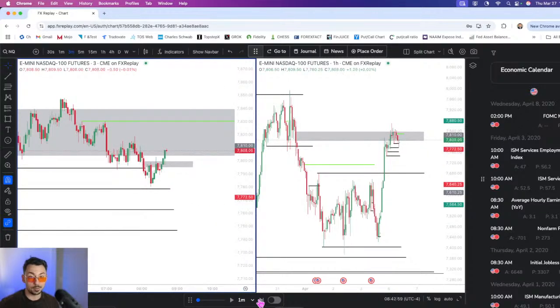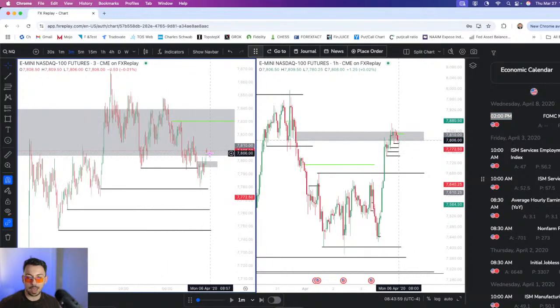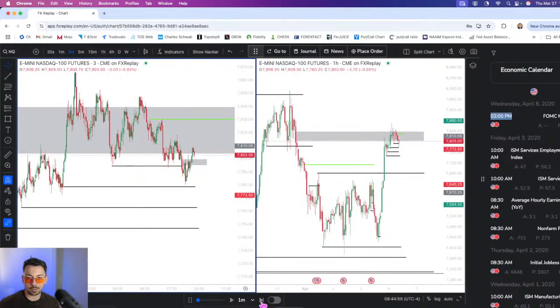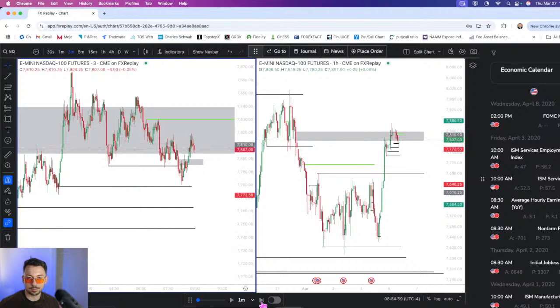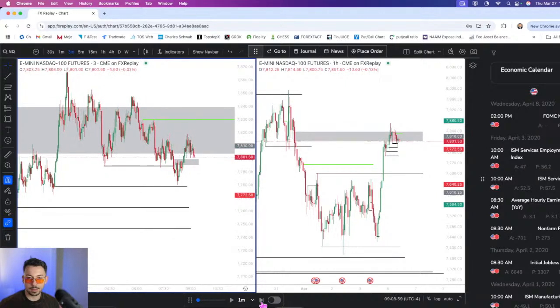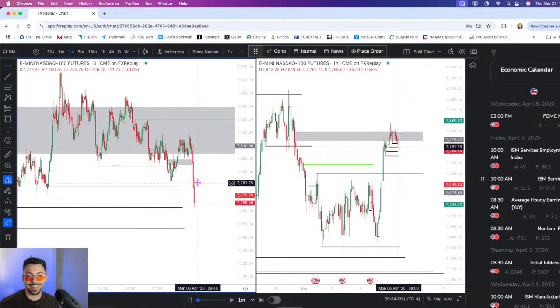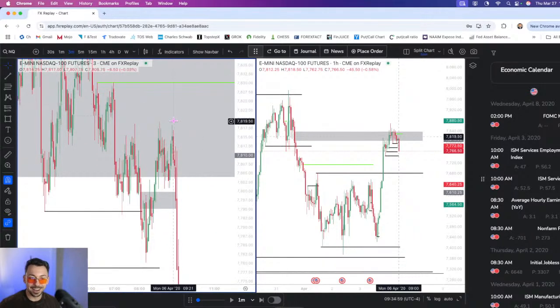Oh, so we closed above the volume imbalance. In theory, we should go up to these equal highs, but again, it's a no news Monday, and we have FOMC this week at 2 o'clock, so I am a lot more cautious about entering on up close candles like this because we could be creating liquidity for later in the week. So I would not take this, and let's see what happens. Just moving forward. Uh-oh. So there we go. We hit this high by a tick, and then we rejected.